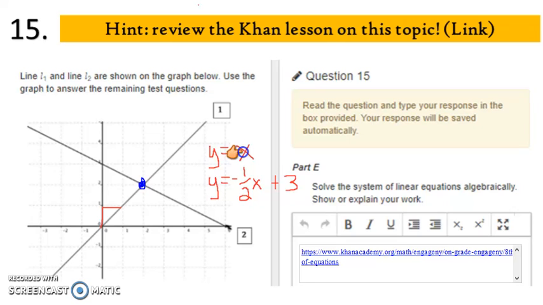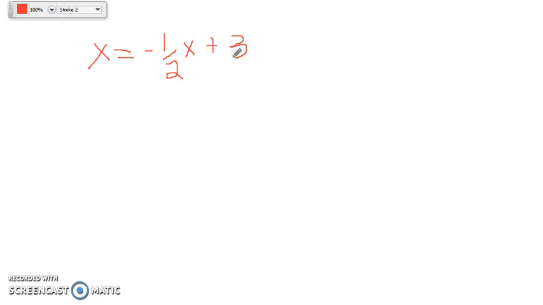And what I was doing is I was saying if y equals x, I'm going to plug in what y equals right here. Okay, so let's do that. Let's write x equals negative 1/2 x plus 3. So I said I want to get rid of the fraction, so I'm going to multiply everything